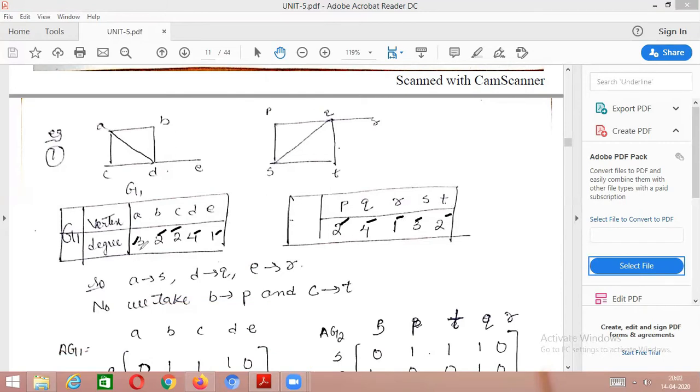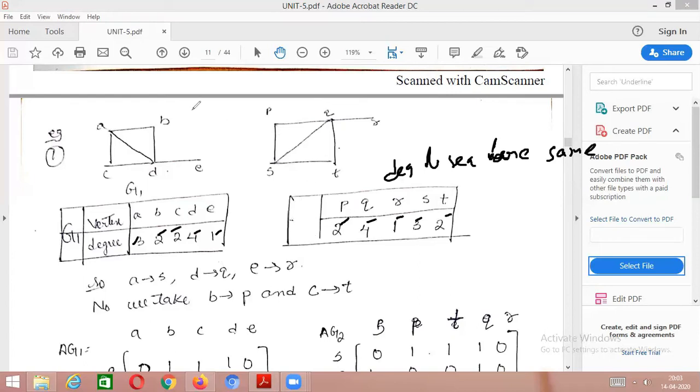For example, here the degree 3 vertex count is 1, and here also 1. Here the degree 4 vertex count is 1, and in the second graph also the degree 4 vertex count is 1. Here two vertices have degree 2, and here also two vertices have degree 2. One vertex has degree 1. If that is satisfied, we say the degree sequences are the same. So you have to write that the degree sequences are the same. Okay, for any given graph, first you have to check that.